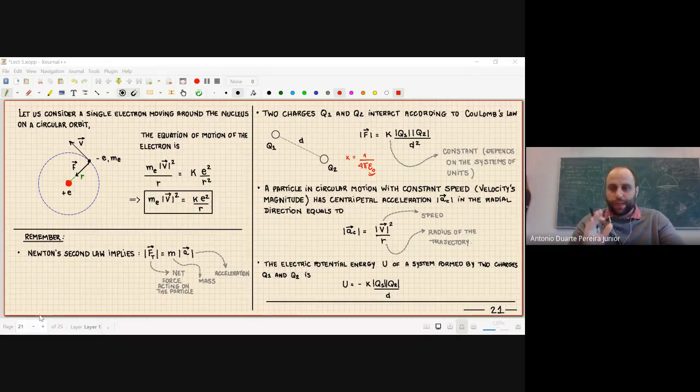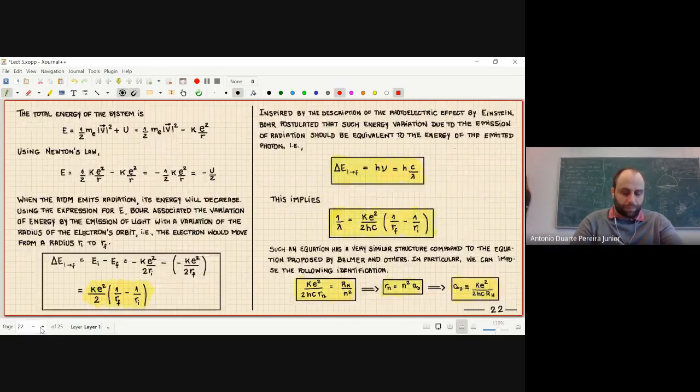So just to recap, because we had several different discussions, I'm just saying to you that if you have a charge that accelerates around a negative charge, which is the electron, moving around the nucleus, which has positive charge, then according to Newton's equation of motion and Coulomb's law, this relation must hold. So m_e v squared must be k e squared divided by r. This is something that we are going to use in the next slides.